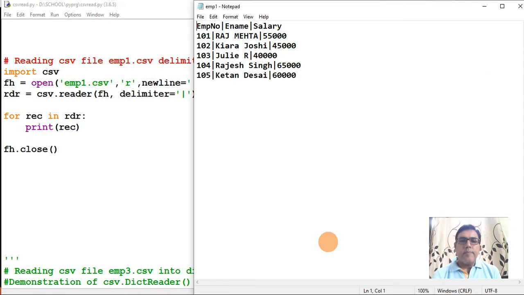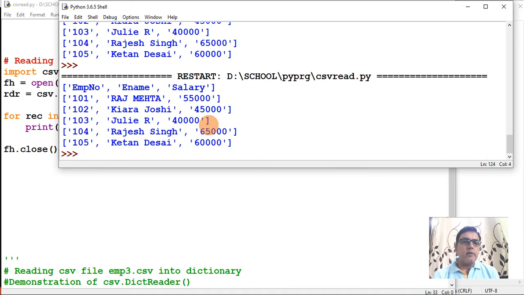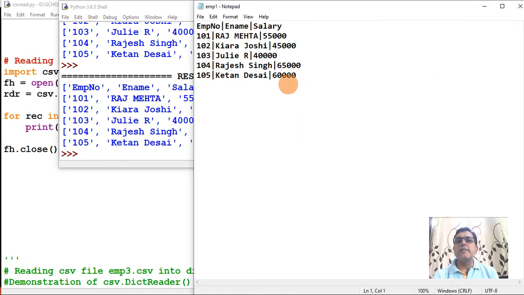I'll close this one. These are the contents of the emp1 file. Let us see whether it executes properly or not. Now see here, again it has created a list. While writing we used a tuple, right? But the data was written in the form of text.